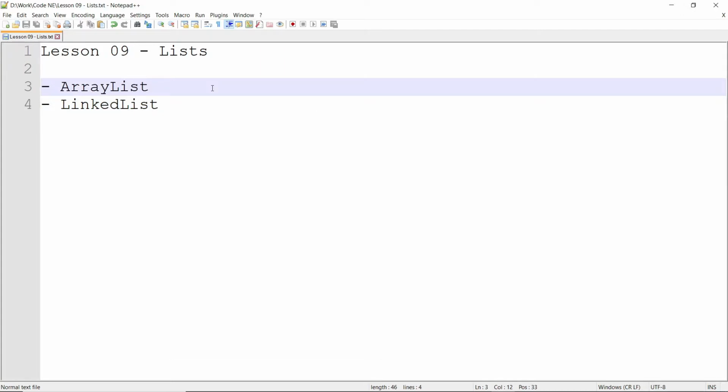So array list implements the list interface. In our previous lesson I told you about the list interface, right? So the array list implements list interface. Let's start by learning with a practical code example.